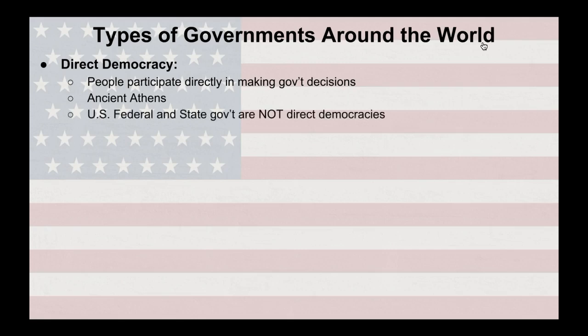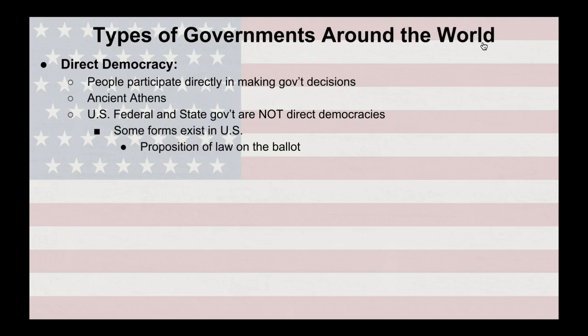take part in this debate themselves. The U.S. federal and state governments are not direct democracies. We are representative democracies. But you can still see some form of direct democracy in the United States, right? When we vote on propositions or laws on the ballot, we are participating in direct democracy. So when we go to the polls and there's a proposition that seeks to establish something, create something, get rid of something, or there's a law on the ballot that the voters are supposed to decide on,